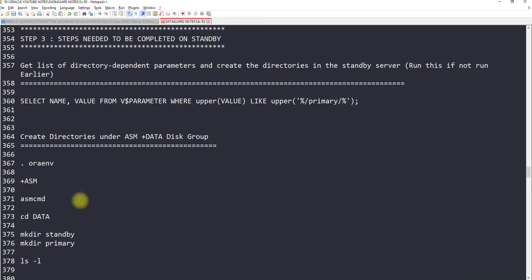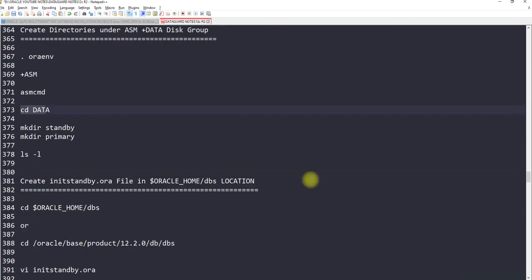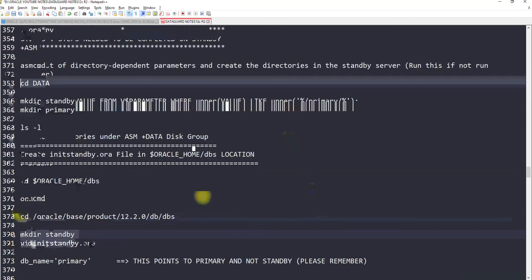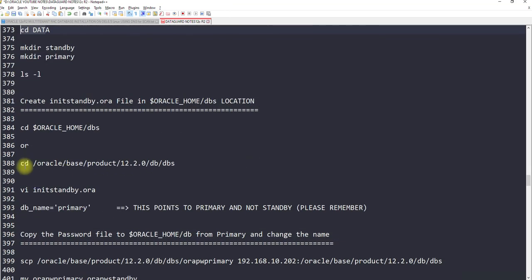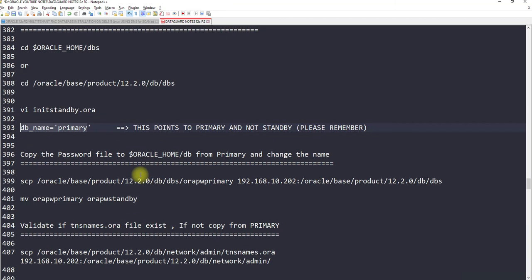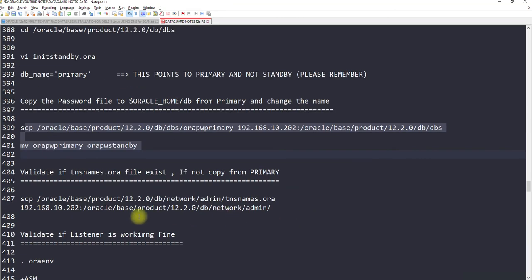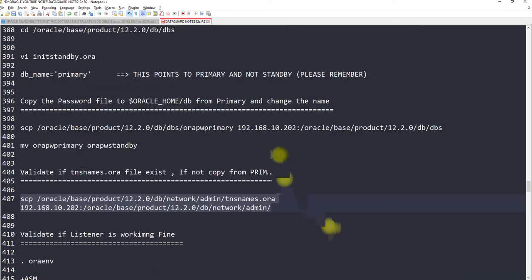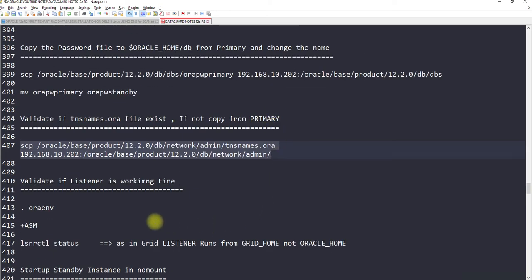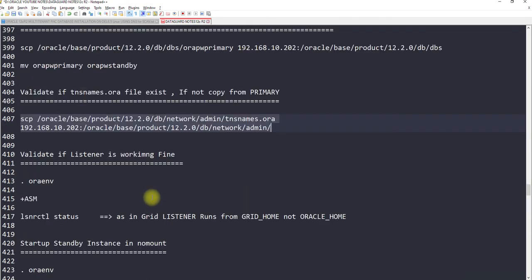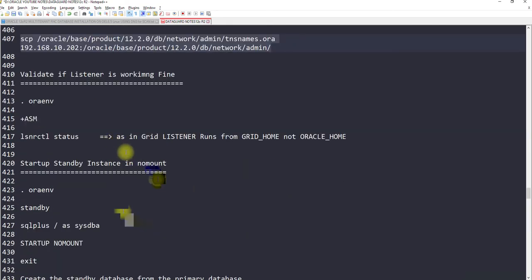On standby, we have created 2 directories under the data disk group for the migration, right? And then we have created an initialization parameter file on the standby and pointed it to primary so that we can run the RMAN duplication. We copied the password file. We validated tnsnames.ora if it exists or not, but we had already created it earlier, so don't need to worry about it. We have checked the listener is running fine. We already validated it.